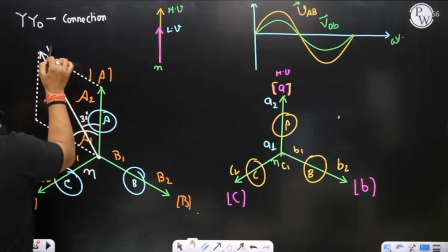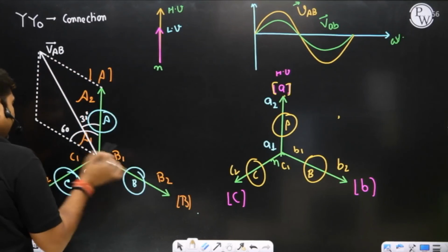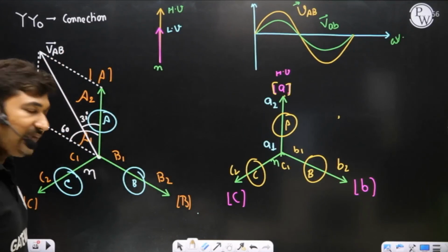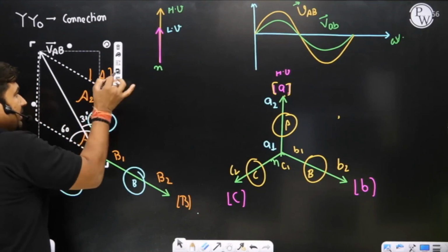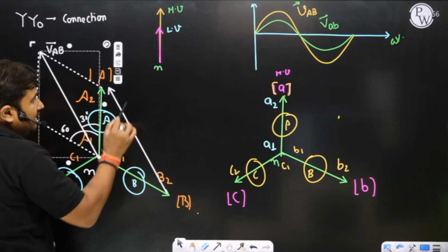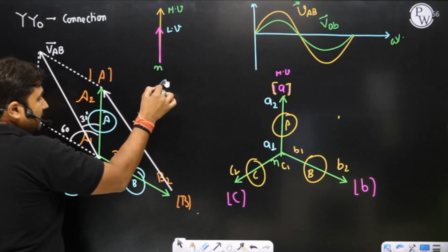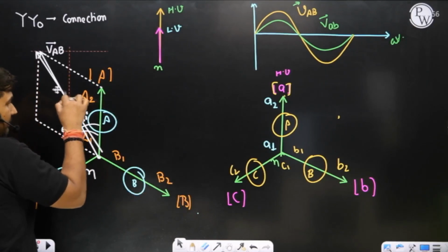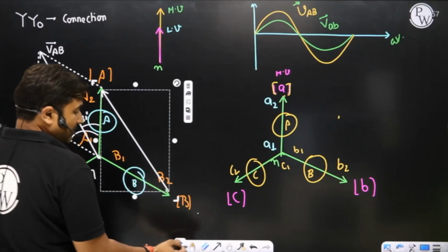Is it okay? And the magnitude of VAB, if VA, VB and VC are equal in magnitude, then VAB will be equal to √3 times the phase voltage. Already we have observed this. You can represent this line here, or you can represent this line here. Can I represent this line here also? Yes, sir. Both the lines are parallel lines. So the same line I can represent here with the same magnitude and the same